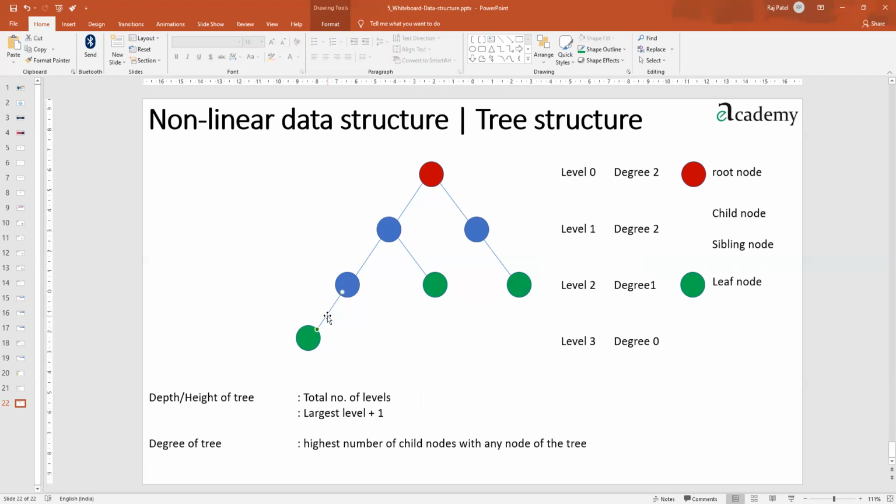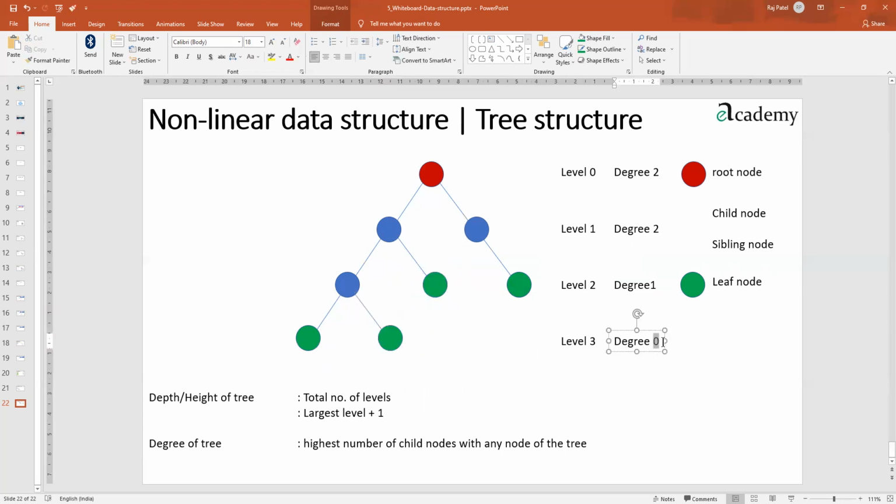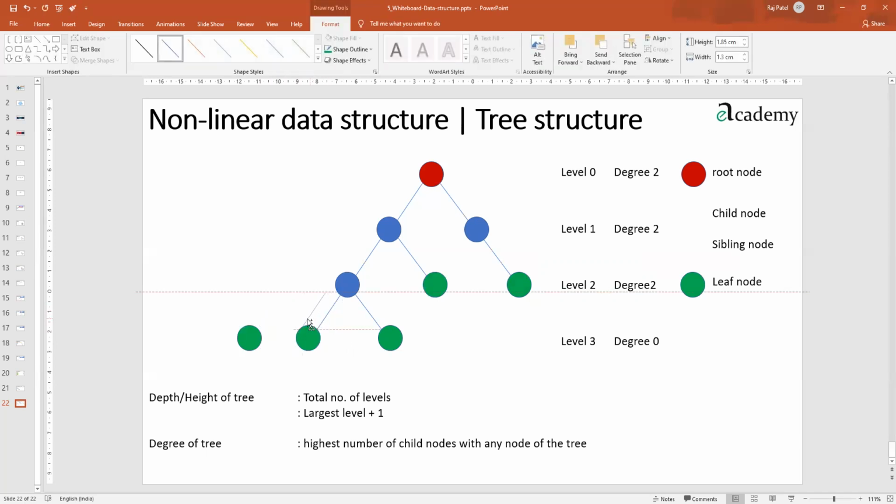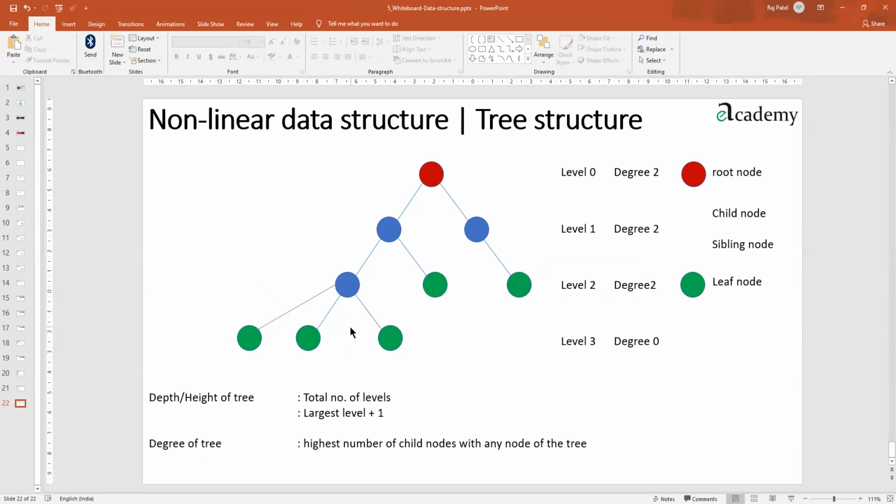There can be any number of nodes which can come out from any place. So let's say if I mark it up like this, then here we have a degree 0 only, but here we got a degree 2. And if I go ahead and add one more place here, and mark it up in this fashion, then what happens?